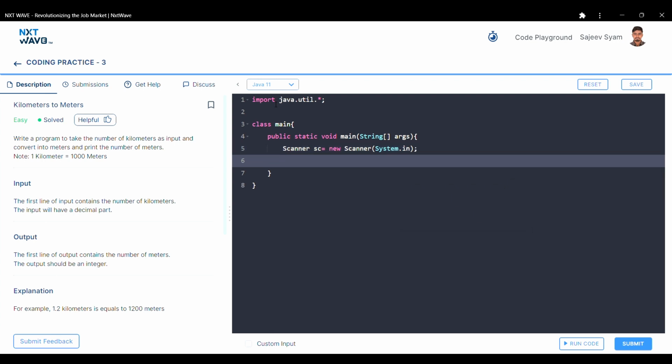First of all we have to scan a double value, so